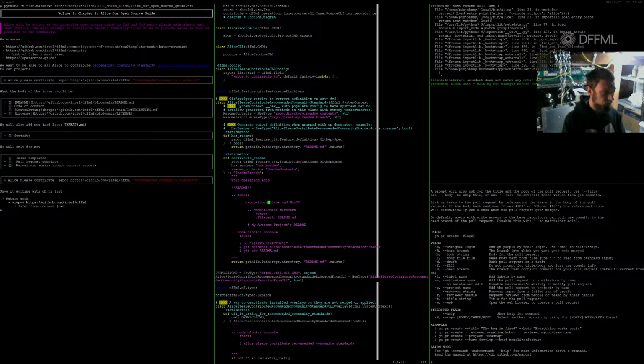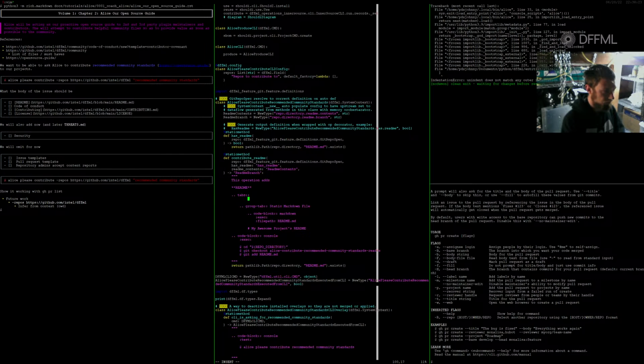Okay, so this operation. Okay, so these are different operations for readme contents. So this could go, and we're not going to do all this right now from executing this. I just want to see how